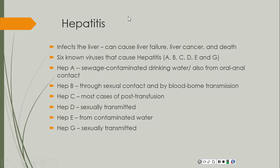Then another virus is hepatitis. Hepatitis is an infection involving the liver. It can cause liver failure, liver cancer, and even death. And there are 6 known viruses that cause hepatitis, and they're cleverly named A, B, C, D, E, they forgot F,